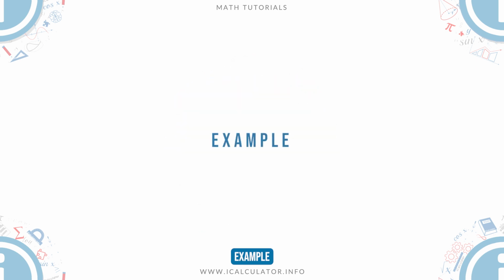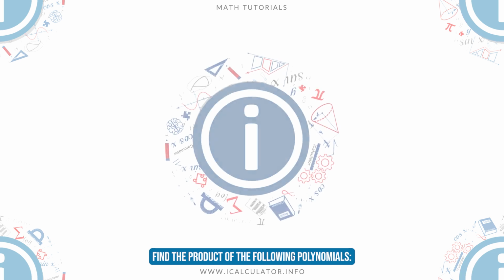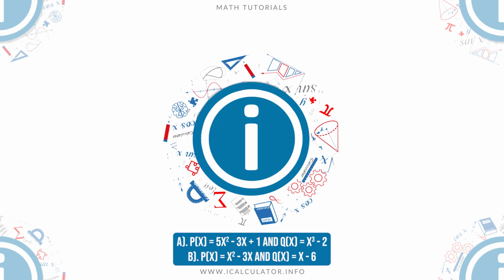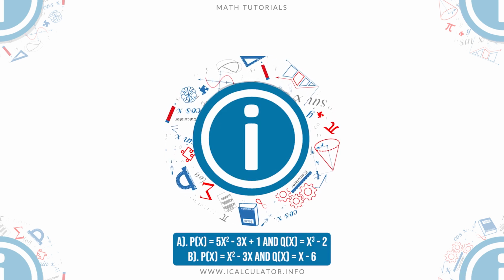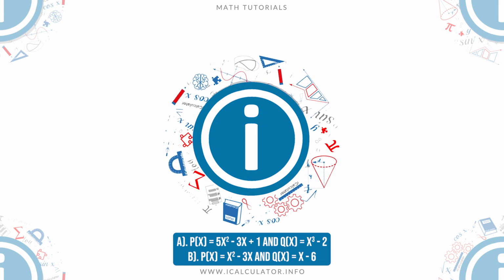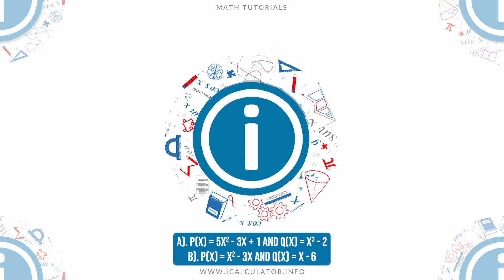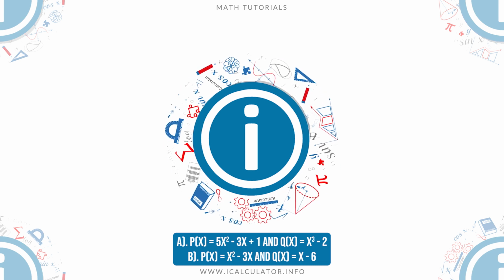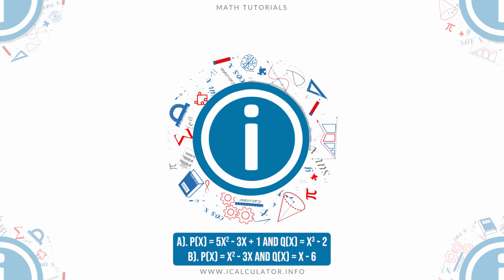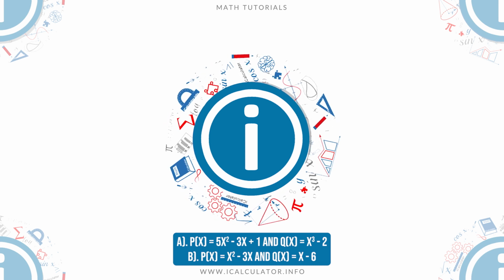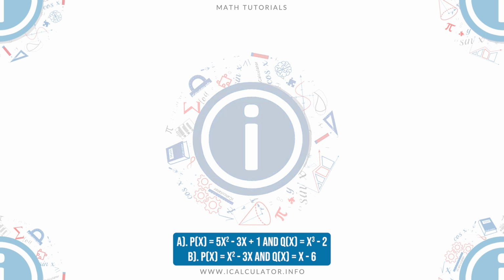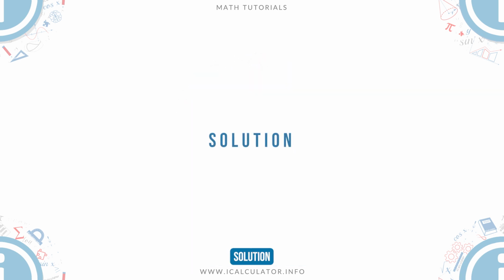Example: find the product of the following polynomials: a, p(x) equals 5x squared minus 3x plus 1 and q(x) equals x cubed minus 2. b, p(x) equals x squared minus 3x and q(x) equals x minus 6. Solution: